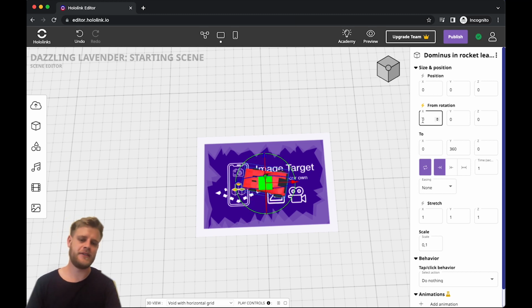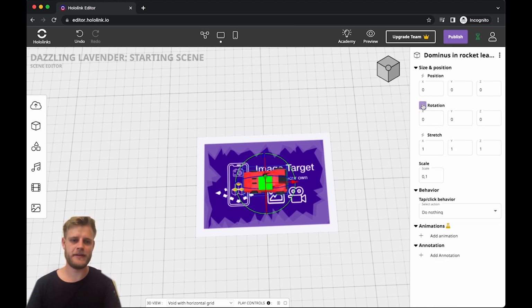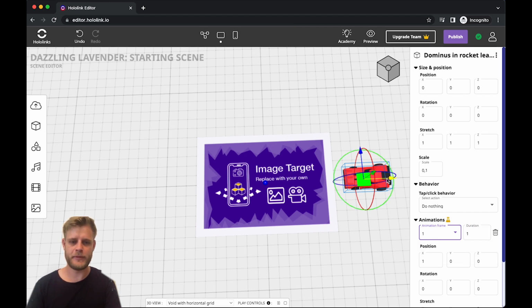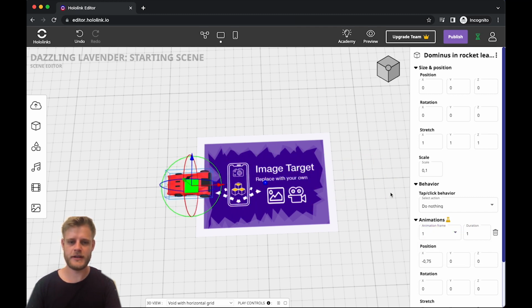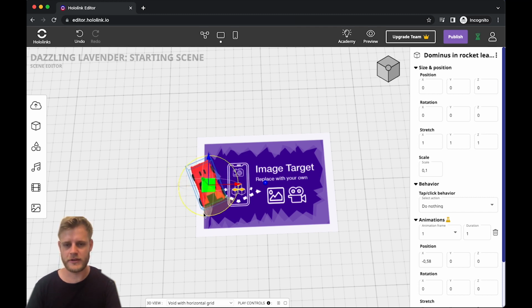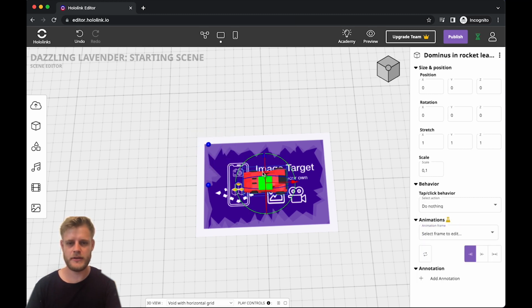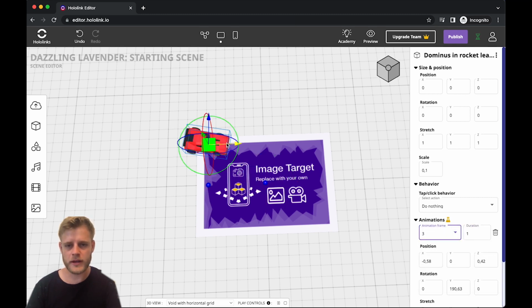That's pretty cool, but let's take it to the next level. So I'm just going to disable this simple animation and go down here to create an advanced animation. Click add, and here you can see we already have the starting frame, and then we have the first frame here. But I actually want the car to move forward, so I'm going to bring it over here, and maybe not that far. There we go, and I'm just going to rotate it and add another frame to the animation. Let's take it there, and another one where we take it all the way back,